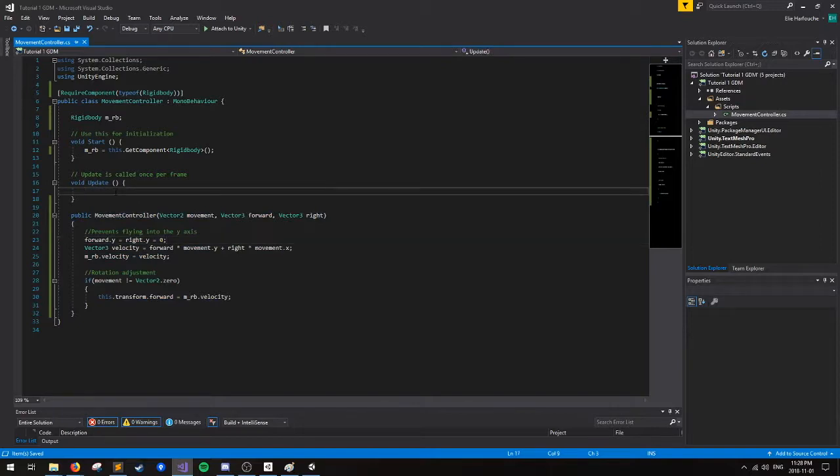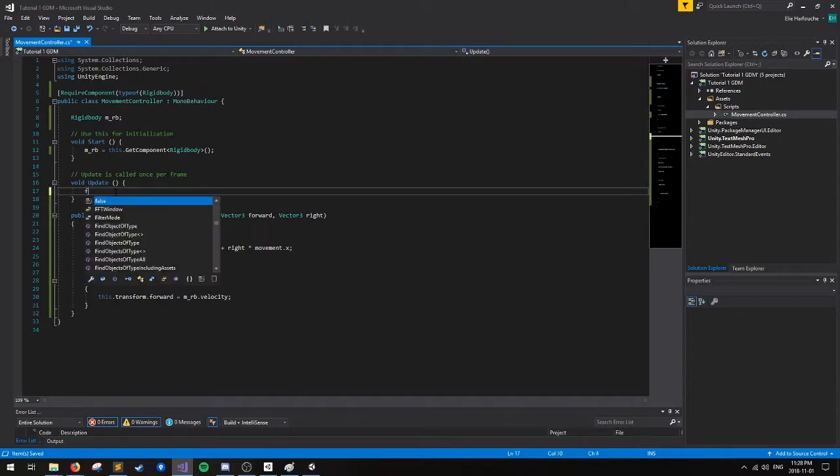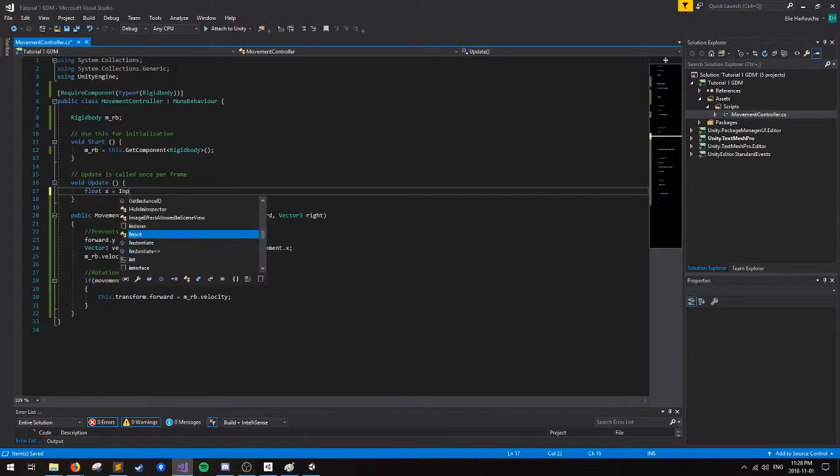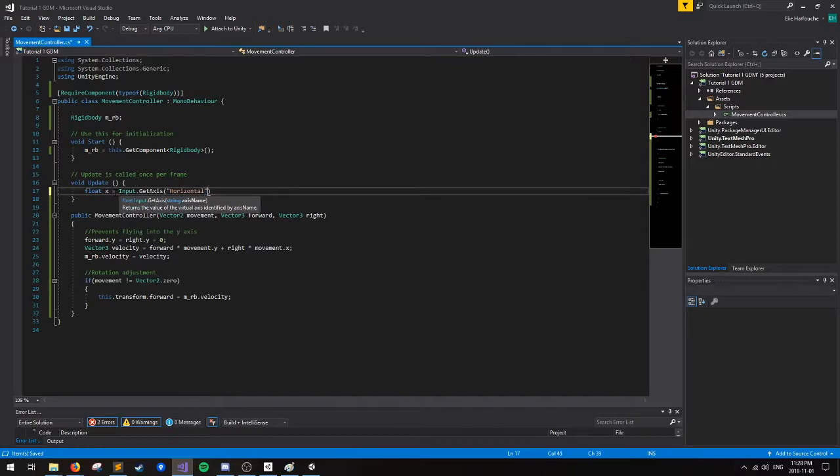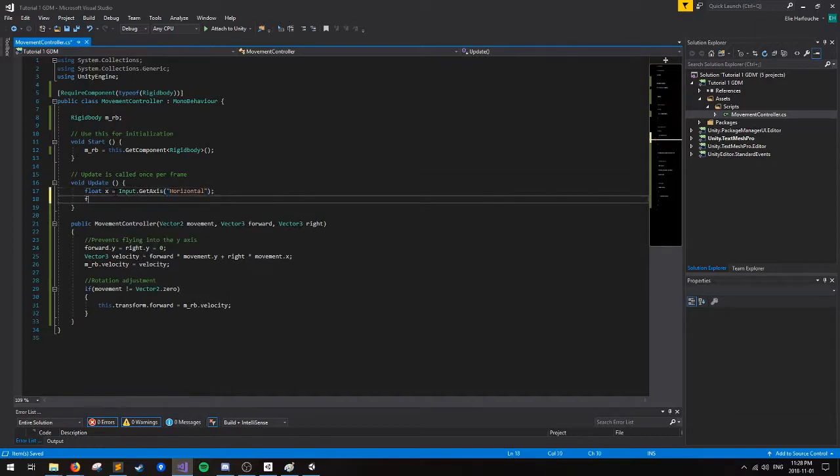So we can test it out very quickly. So we said we wanted to get some input. So we can do that using some built-in Unity functions. So we can do float x equals Input.GetAxis("Horizontal"). This function, along with float y equals Input.GetAxis("Vertical"),